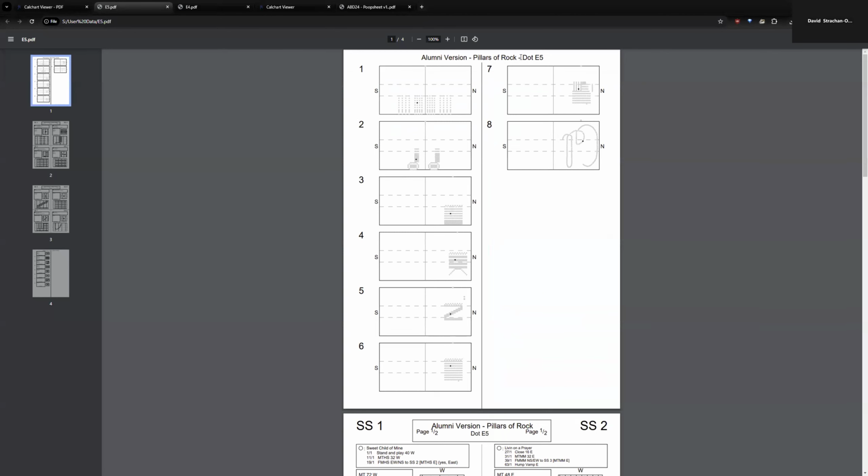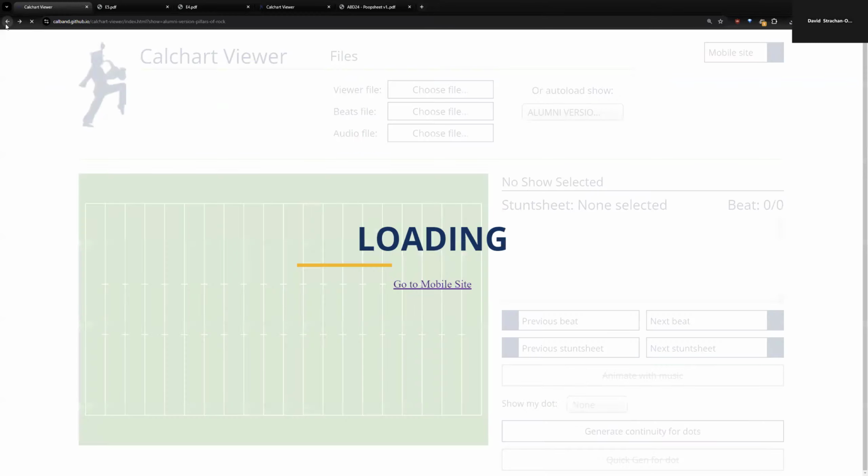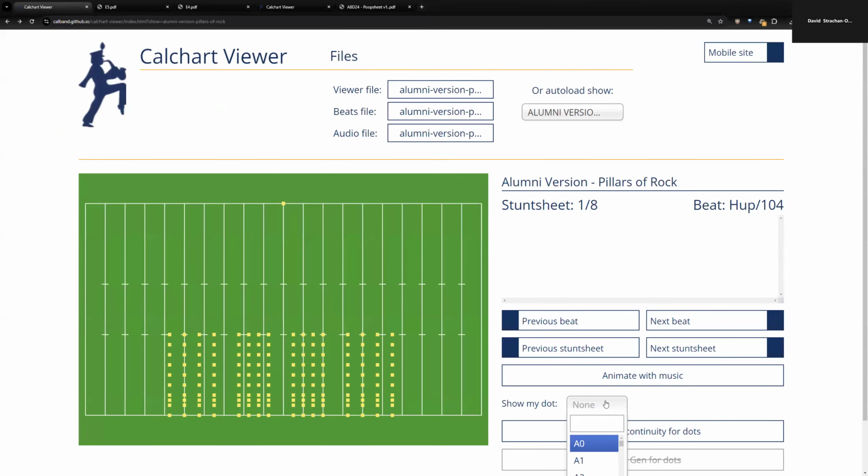And you can see now we have the generated continuity for E5. And if you look at this page, they have slightly different moves. They're going to east and then to south in this first movement. So this is just a way for it to calculate slightly different moves for everyone. But then you could still have these references to your final position relative to everyone else in the front sheets. And once you have an idea of what's going on there, you can come back to this overview